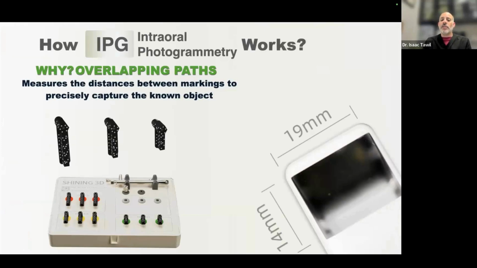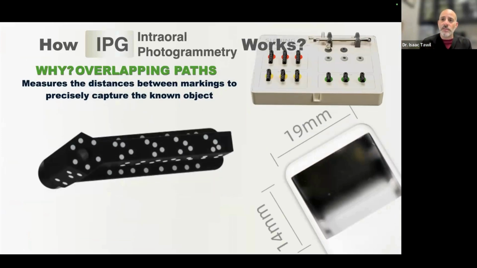So we have three different types of sizes. We have 9 of these scan flags slash scan bodies. They're dual purpose. We have a small, medium, and large, and that helps us to get closer to each other so we can have more overlapping in our scanning. And we made an extra wide window. When they're using the photogrammetry one, they should be using the 19 by 14 window to be able to go on top of the scanner of the objects and start to measure out the distances.